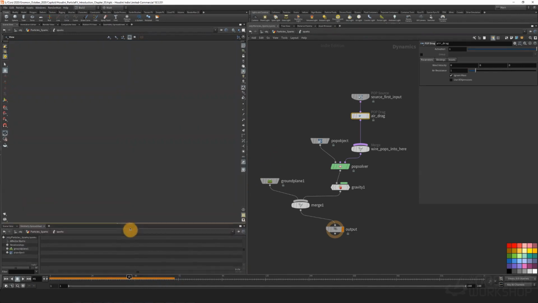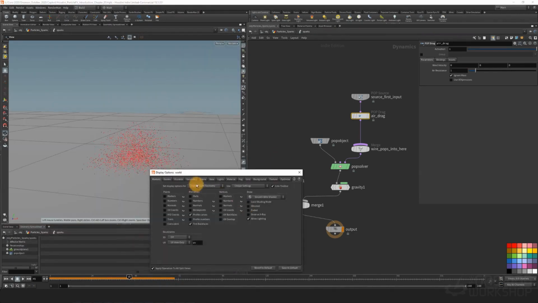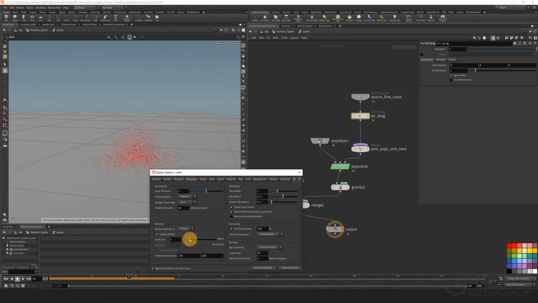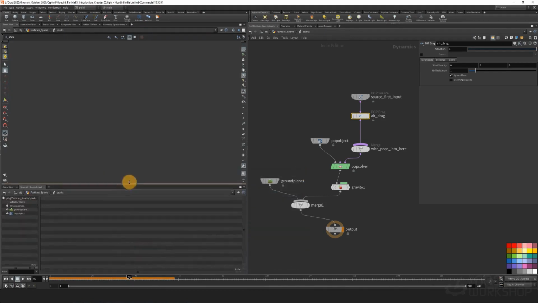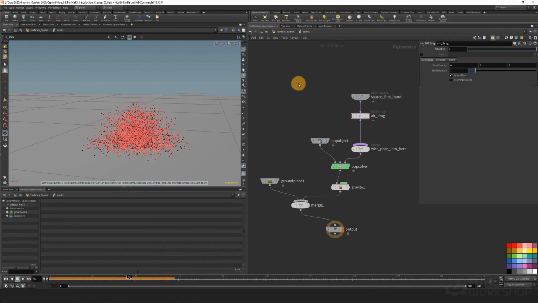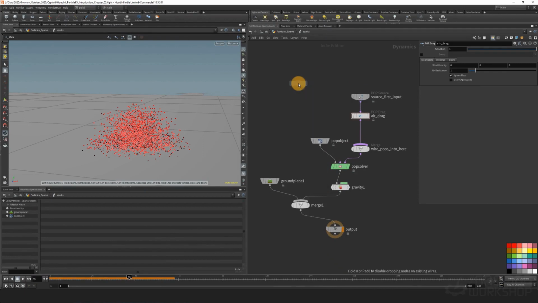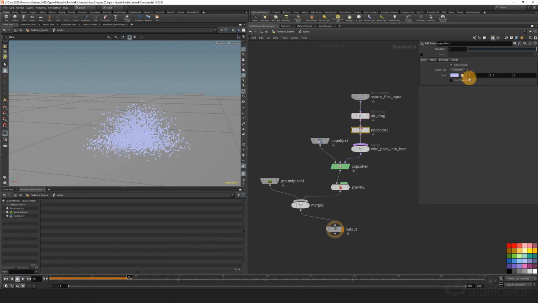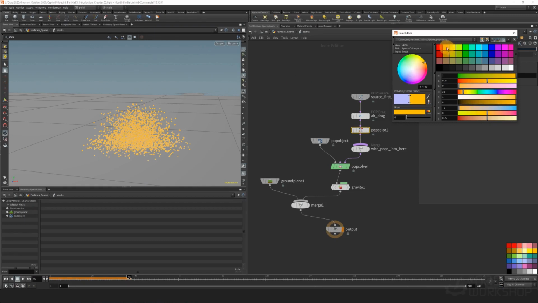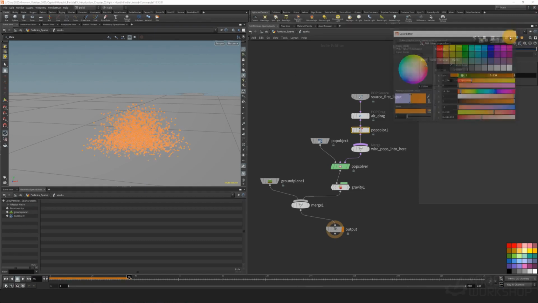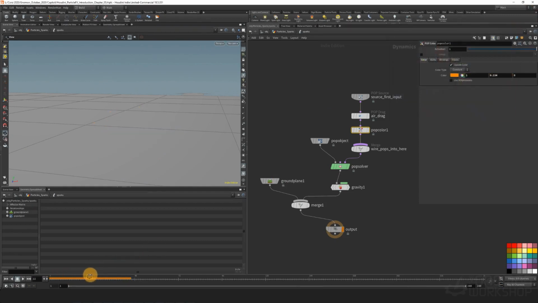Something that we can do is to go there, and inside the geometry, let's say that the particles are bigger, so we see stuff in a better way. We can have a pop color just for the moment. So with this one we have this color like sparks. So we have the particles flying up and then they are touching the ground. Okay,